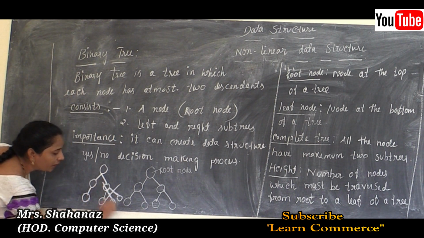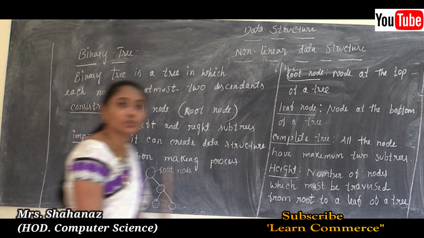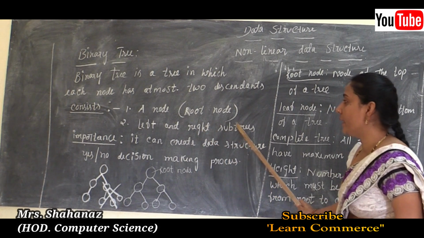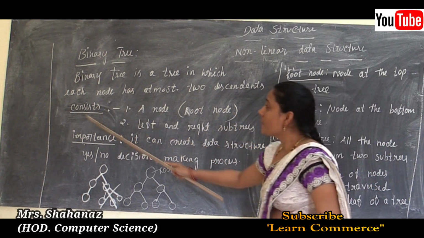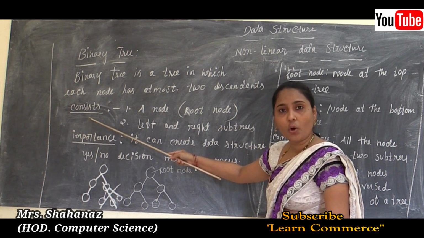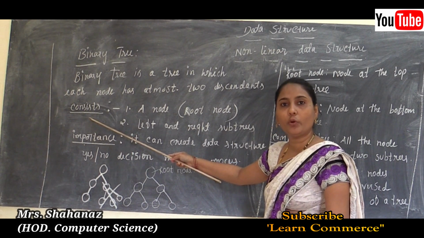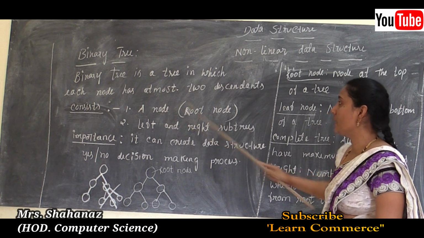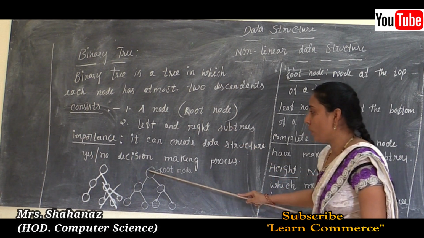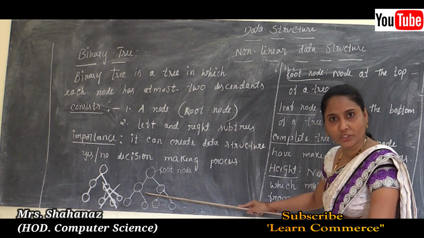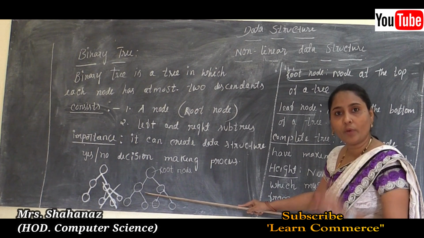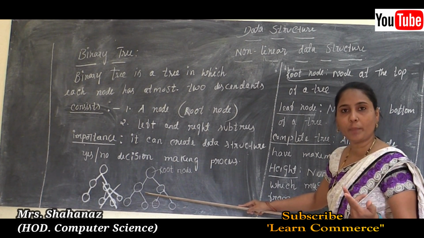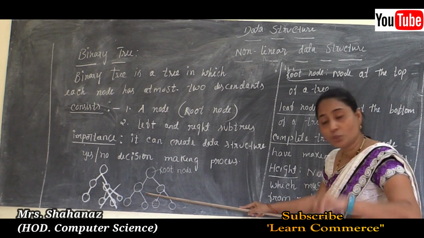Clear this point here? It cannot have more than two in this case. So this is the important node of the binary tree. And such a binary tree consists of some important points or nodes. A node, and such a node is called the root node. Because whatever tree we are going to construct, maybe with one node or more than two nodes, if not possible to use in our binary tree here, or maybe two nodes here.